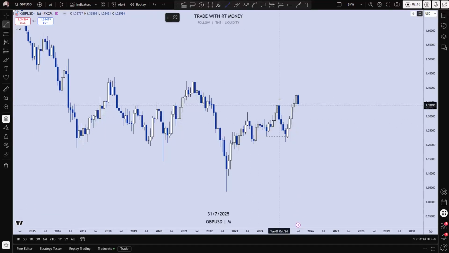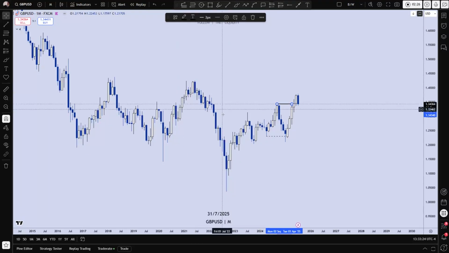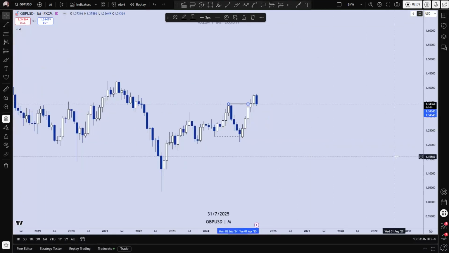My voice just got real loud all of a sudden. This is a break of market structure. That is a bullish break of market structure. Why are we seeing a bullish break of market structure in a retracement to a bearish impulse? Because this may be signaling that prices are going to go higher after a retracement.